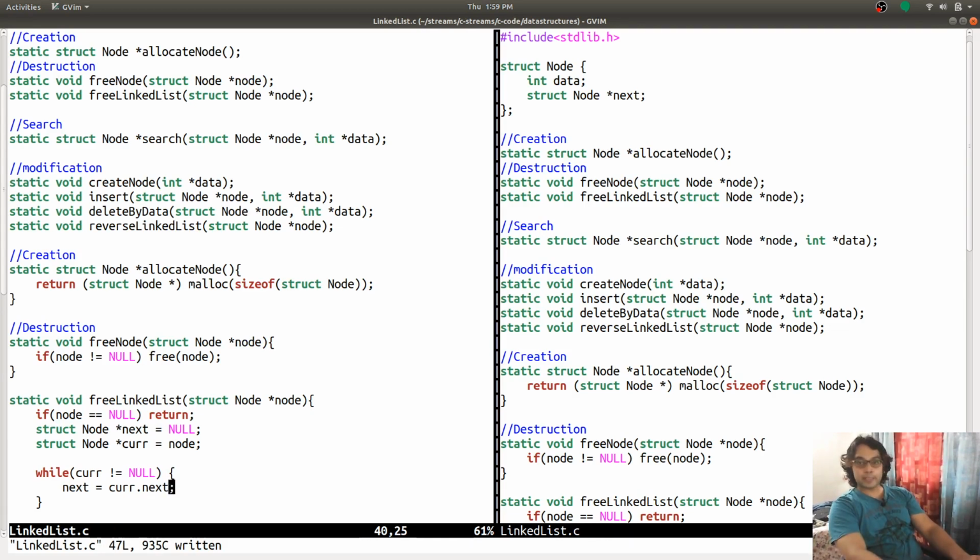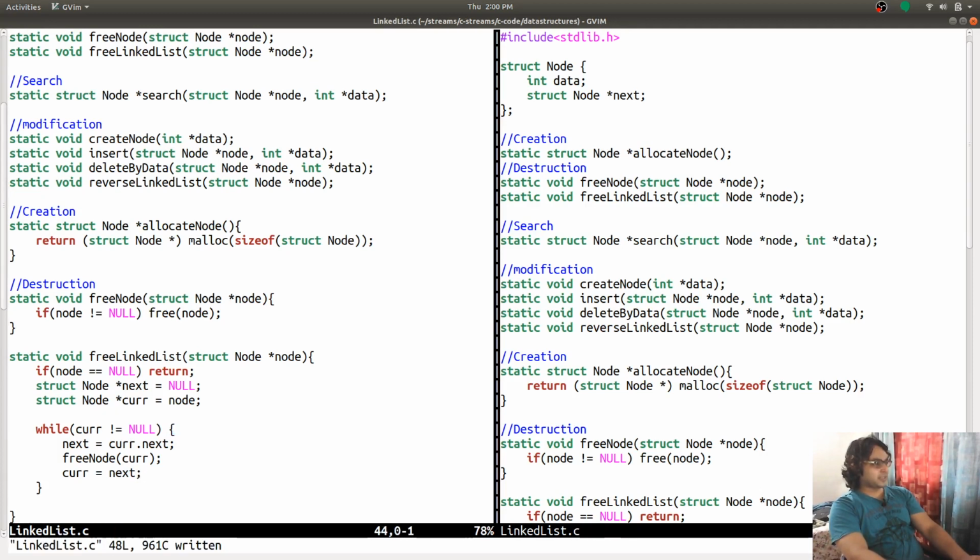I won't be able to access it again once I free it. So I need access to the node it is pointing to, so I have to store that in the next variable. Now I can call free node and pass this current node in, which is going to delete the current node, and then current is going to point to next.